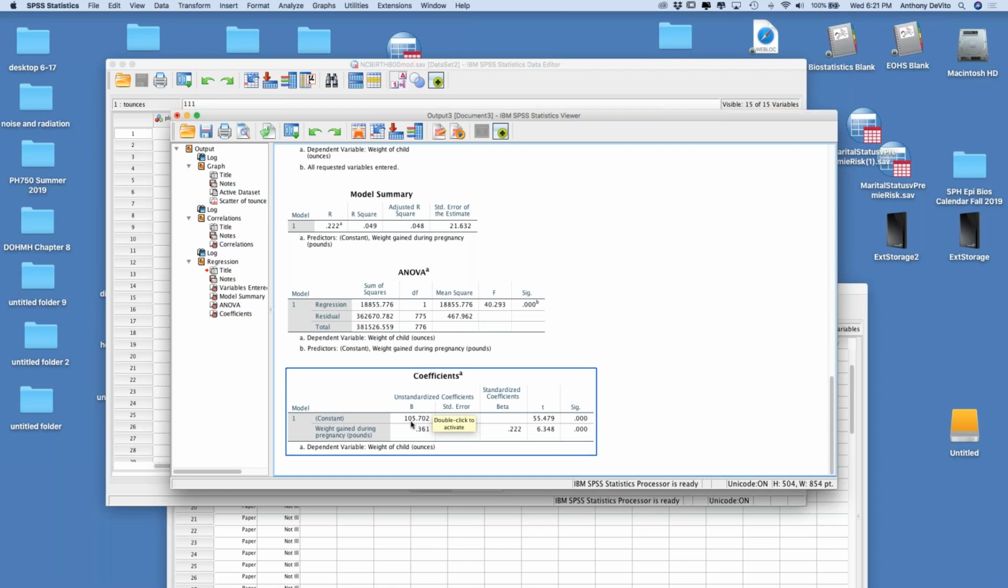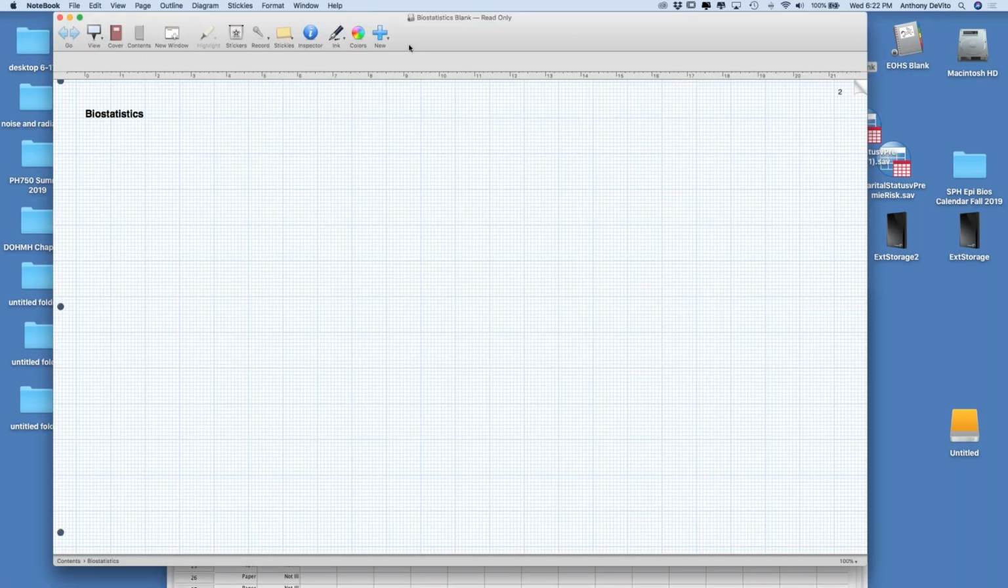The constant, the y-intercept, is 105. I'm going to call it 106 for our purposes. And the weight gained is 0.361. This is the slope of our line. So if I open up a piece of paper here,